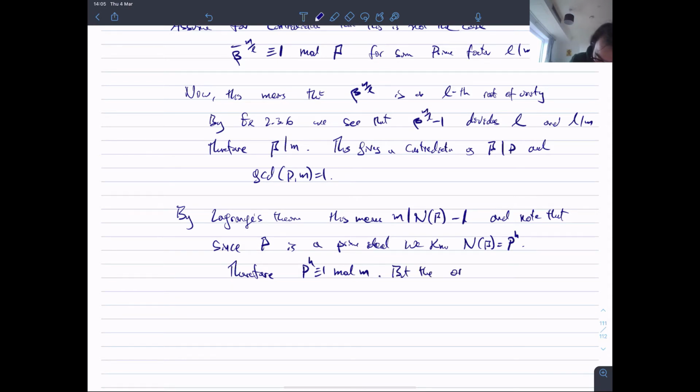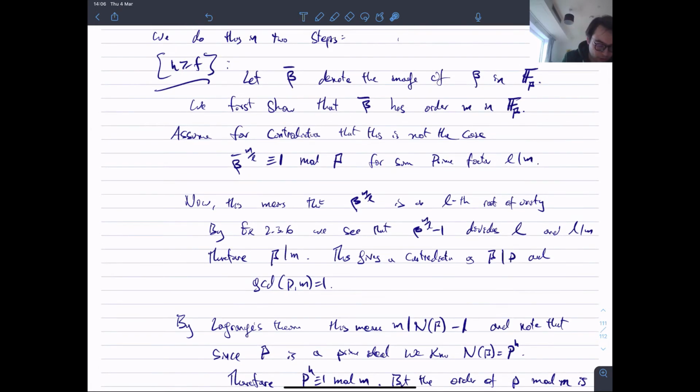But the order of p mod M, this is the number f I have, is f. So I know that f has to divide h, i.e. h is greater than or equal to f. Right? f was defined to be the order of p mod M, and I know that p to the h is 1 mod M. So whatever f is, it has to be some number dividing h. And so in particular, h has to be bigger than f. So this gives me the first